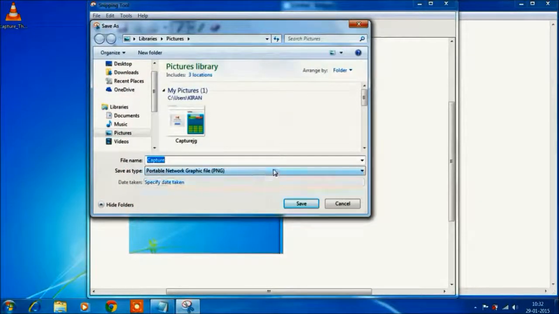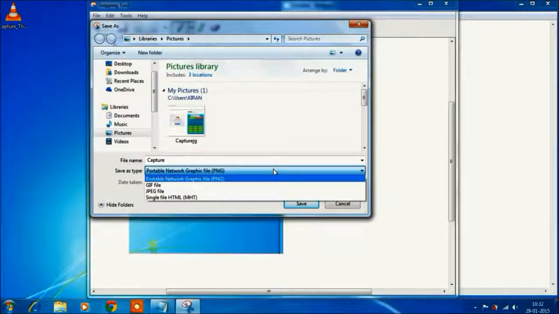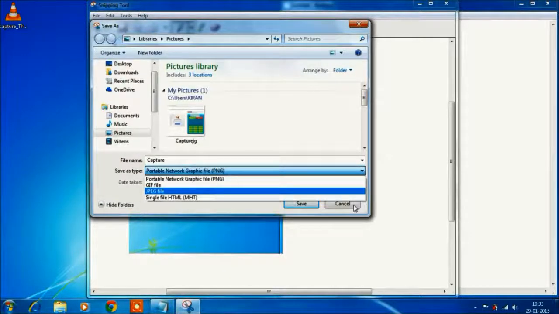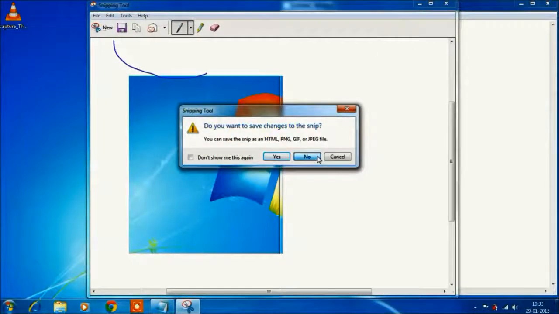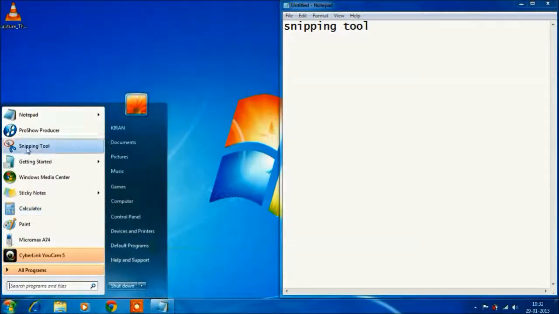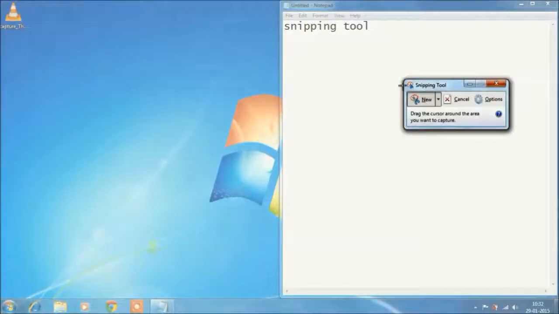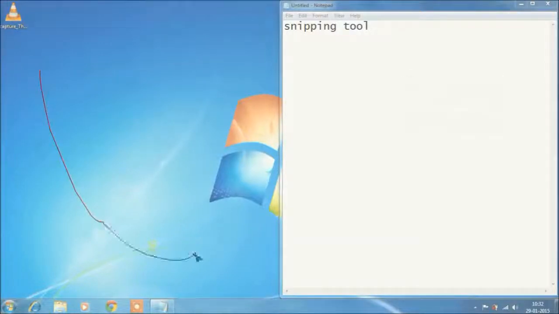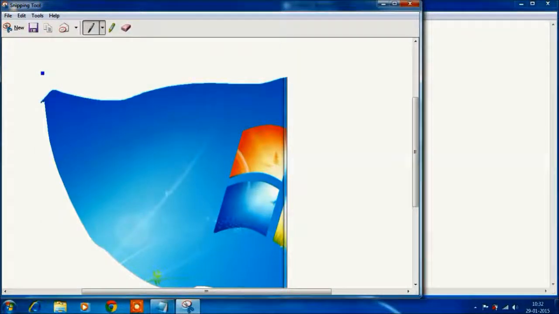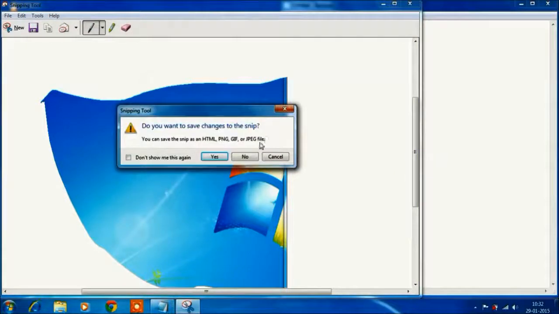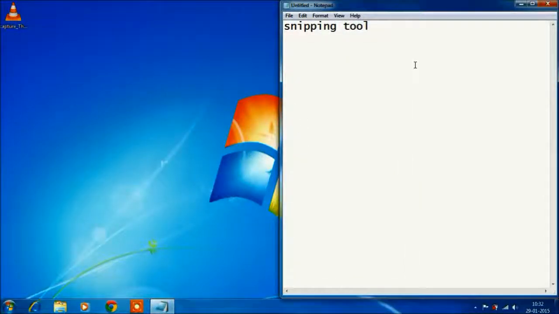After saving, it will show three formats: PNG, GIF and JPG. These are all the three formats in which you can directly save. And you also have one more option. Once you click snipping tool, not only a rectangular snip, you can also take a free form snip. By selecting this free form snip, you can cut anywhere you want. So this is how it works. It can also be saved in three formats. This is all about the snipping tool. It's a free tool given by Microsoft for all the users.